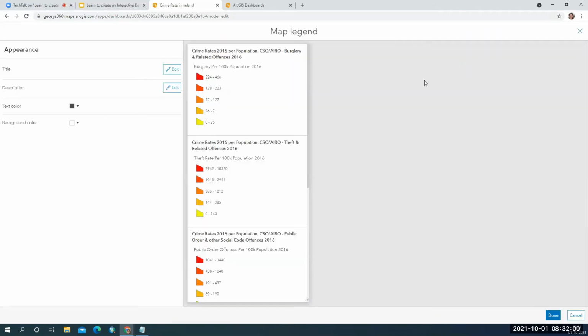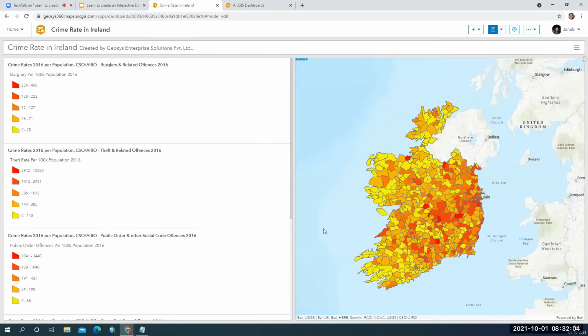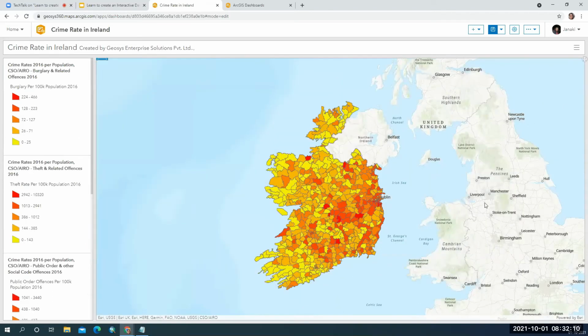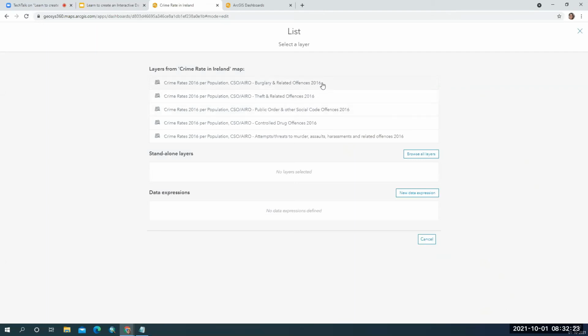So I want a map legend. I will give this map legend. Okay, now we have added a map legend, we have added a map, and I want to see the list and what all layers are there.